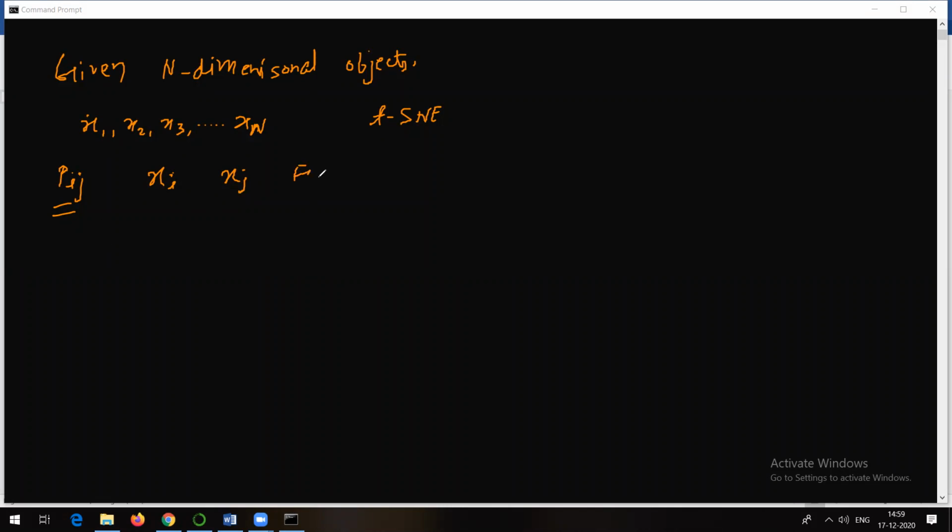So this is for i not equal to j, right? Obviously x1 is equal to x1. We need to check whether x1 is equal to x2 or not, x1 is equal to x3 or not. That's what we need to check. So for i not equal to j, the probability equation goes something like this. Probability of j given i, this is how I can read it, is equal to the exponentiation of the magnitude of xi minus xj, take the square of that,